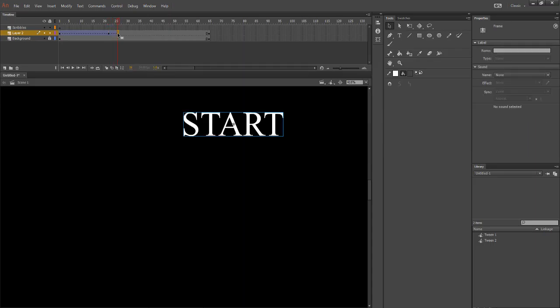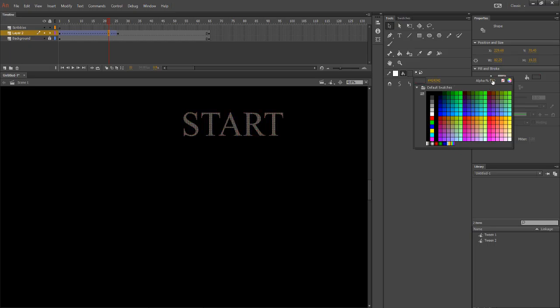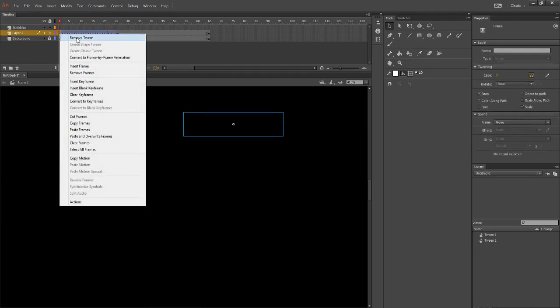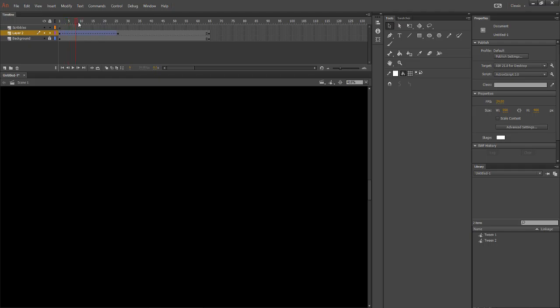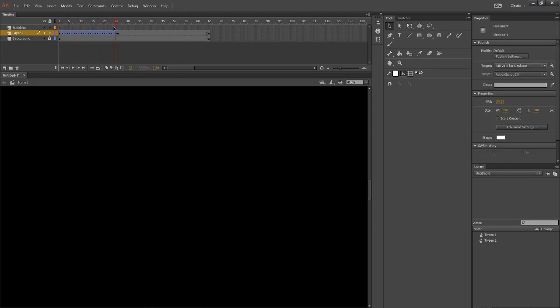Ew. Clear keyframe. Okay, that didn't work. That didn't work either.